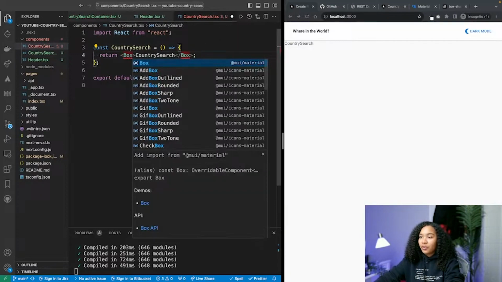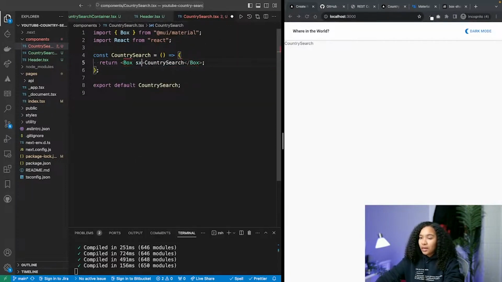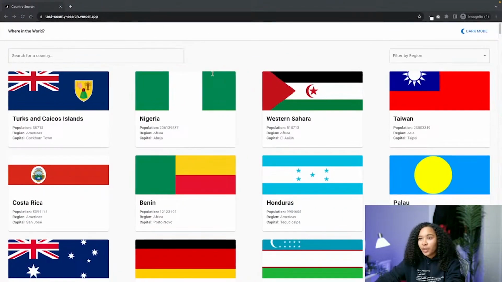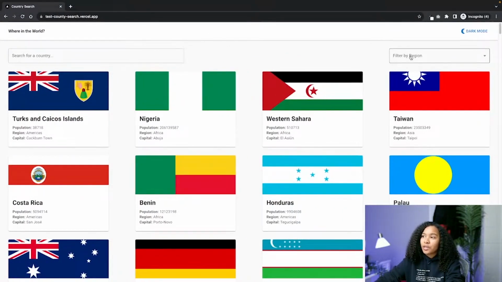Going to do the same thing here and transform that to a box. And add in some padding. We're just going to do 2 rem all around for now. Cool. Country search started. So we're going to need 2 aspects here. We're going to need this input, and we're also going to need this select. And we're going to sort of start with like a baseline here, and then we'll add on to it as we go on. But these are 2 components that